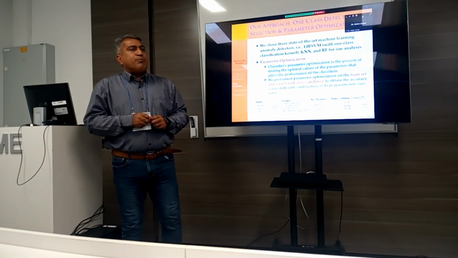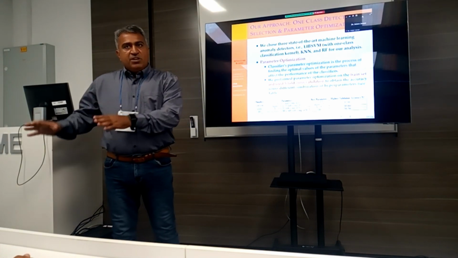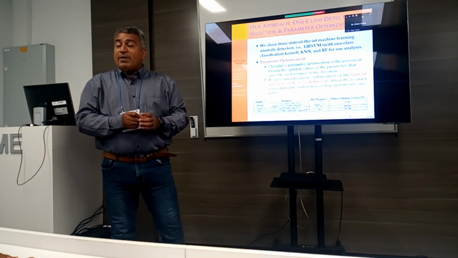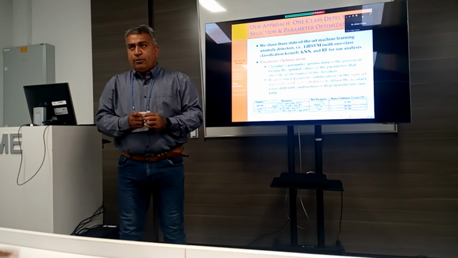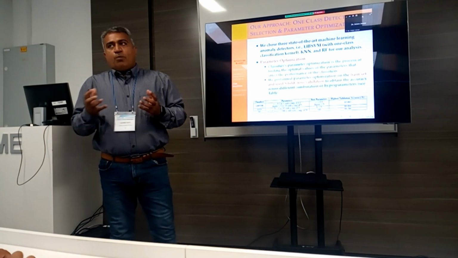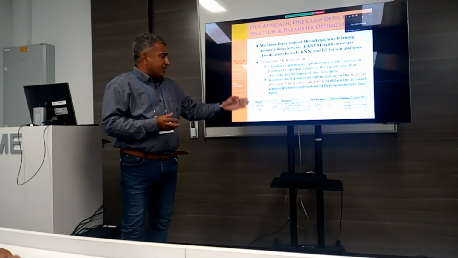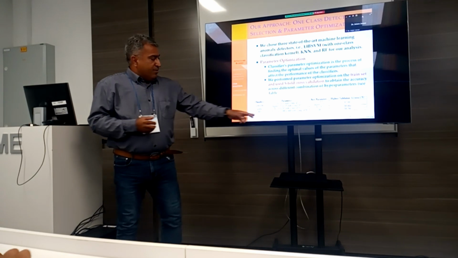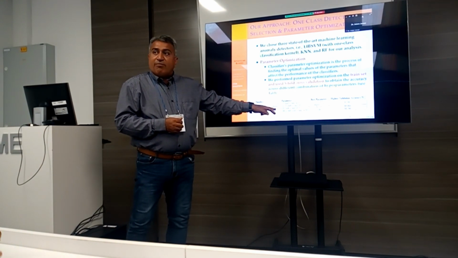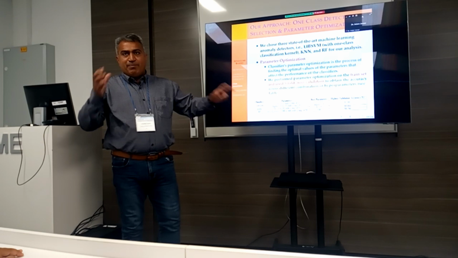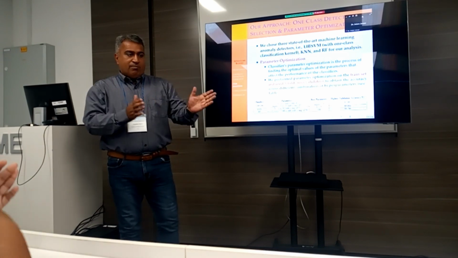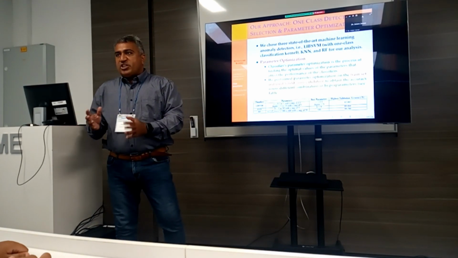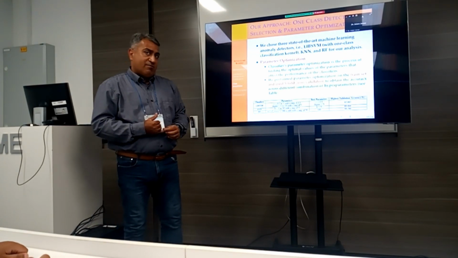And there is also a very important aspect here. We have features, we have 25 feature vectors, we have data sets available, everything, but parameter optimization is also very important. For classifiers to learn well, we need to optimize them. For the classifiers that we selected, SVM, KNN, and RF, we optimized parameters like the number of trees in a random forest. By default it is 100, but you could play from 10 to 1000 just to see. And for KNN, for example, from 1 to 50, we checked which parameter works well.